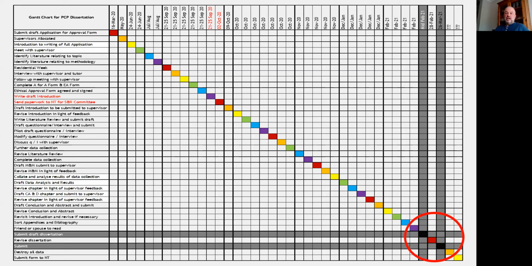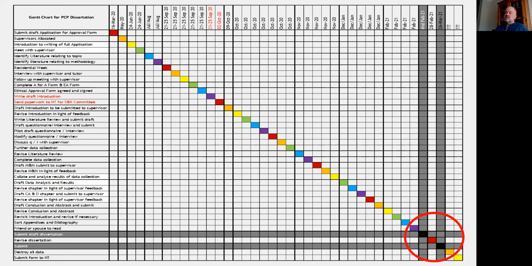Those dates are vitally important for you to note and to stick by them unless you have formal mitigation that says otherwise. So please take careful note of them, put them in your diary, and live with the consequences of that. Another little thing to note is that beyond the submission of the dissertation, there are two other